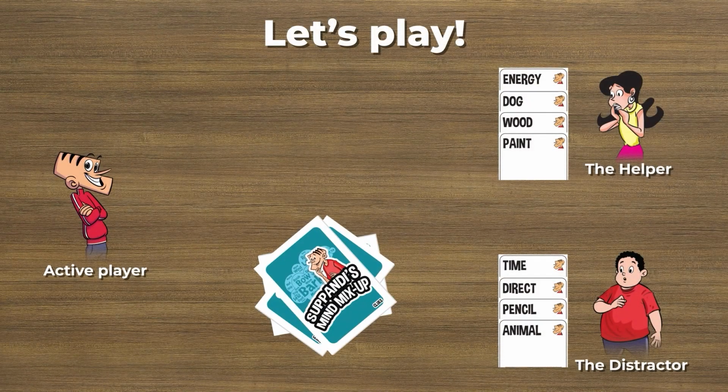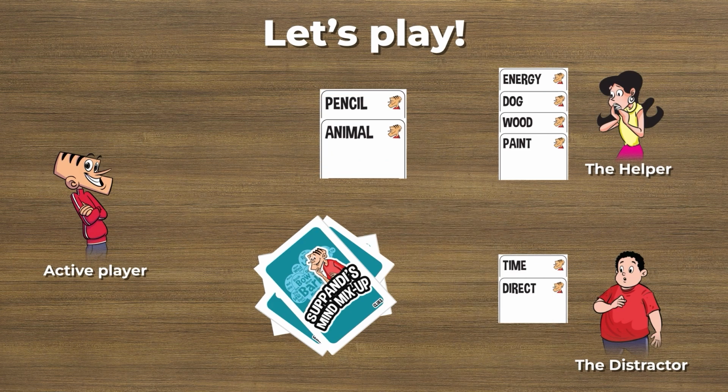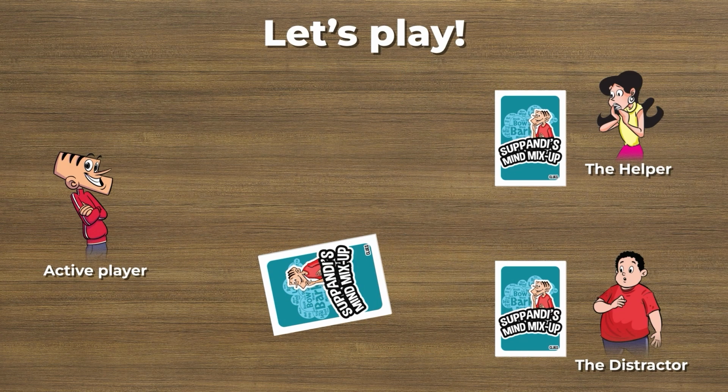Let's play. Let's start by giving clues. Players take turns placing a clue card in front of the active player. The clue card is placed in a way that only 1 clue, either at the top or bottom, is visible. The clue is meant to help the active player deduce the correct keyword, but distractors try to place misleading clues. After placing a clue, the player draws a new clue card from the deck.